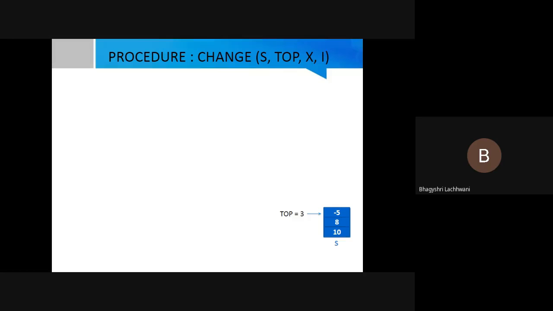This operation will exchange, or we can say update, the value in the stack from the top for the given position. That means in the change operation, four parameters will be there. The very first is s, the stack, on which you have to change the value. Second is top, that means from the top you have to count the value. X is the value that you have to change, that means the new value that you have to update. And i means from the top to this position.